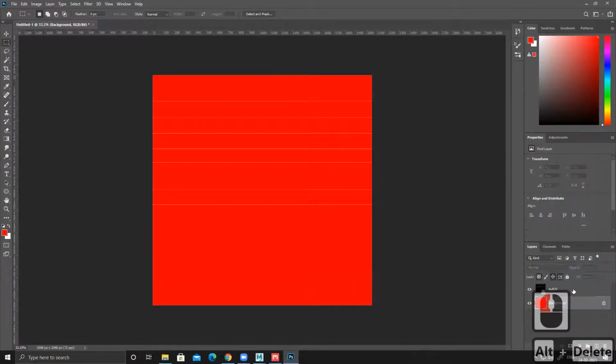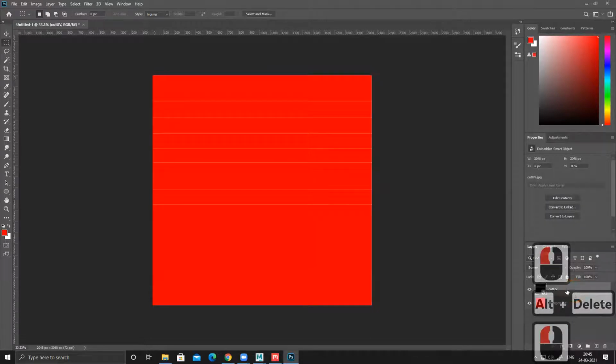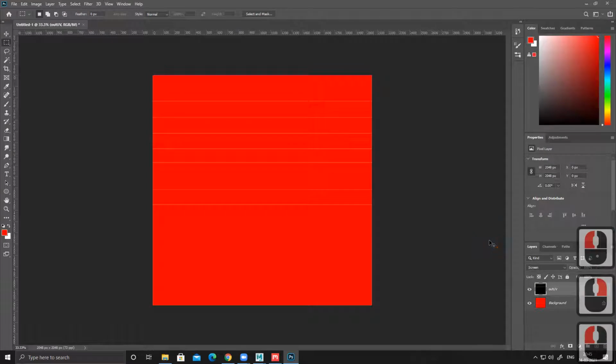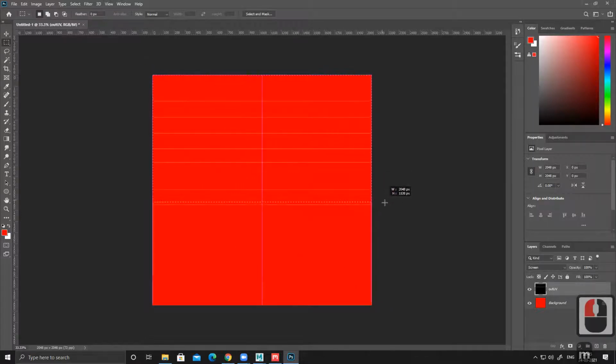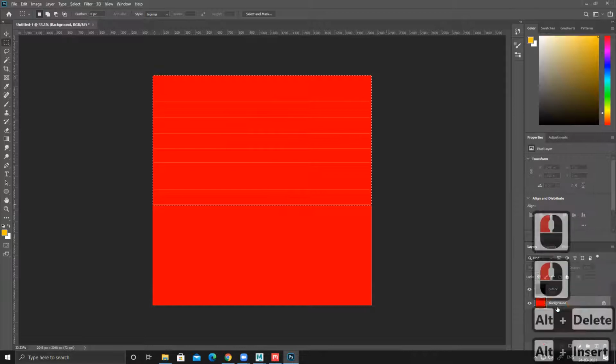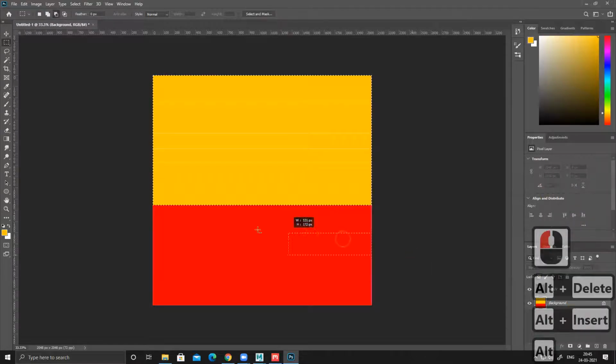My base color I fill red, so I can see the red color. Make this rasterize. Keep it like this, white. I can see super white color. Now, based on this, I can change my selection. See, it will automatically snap and change this color.